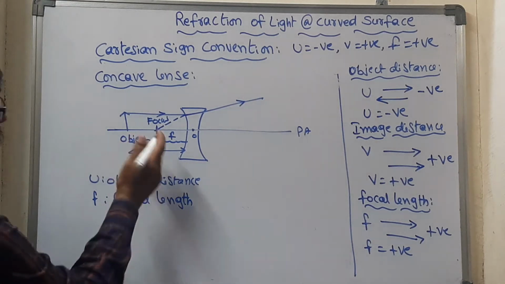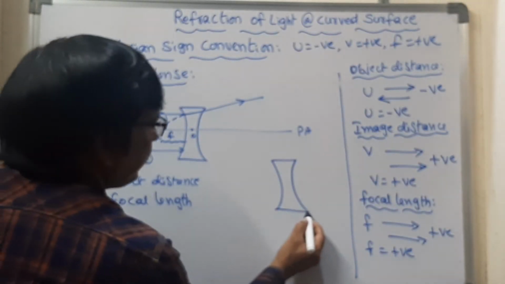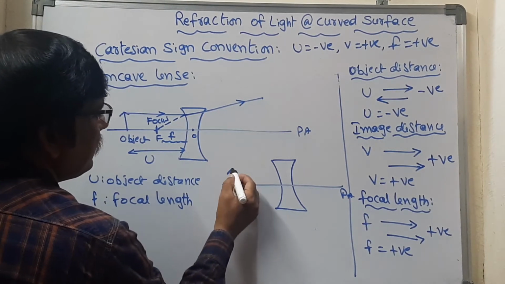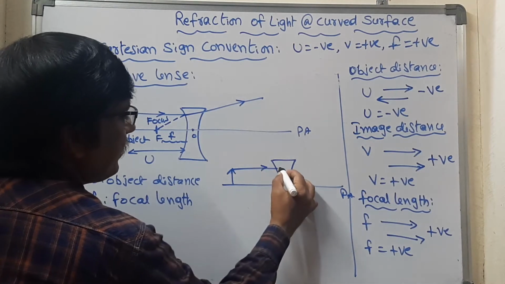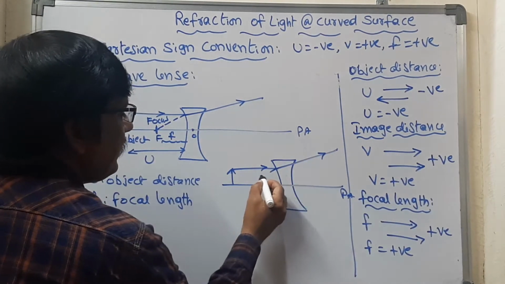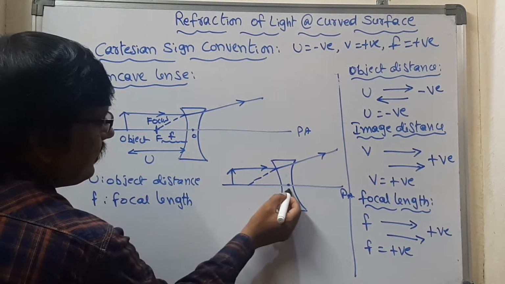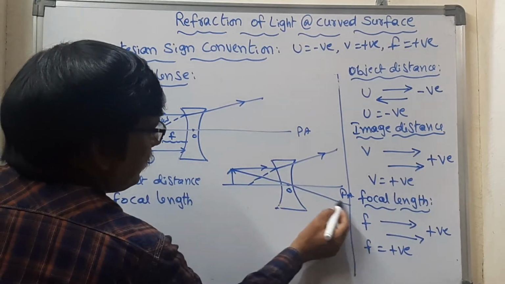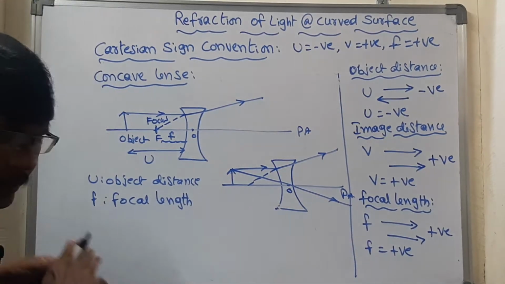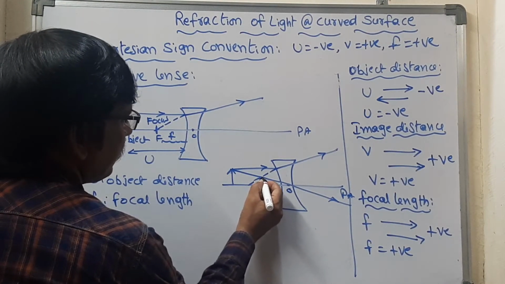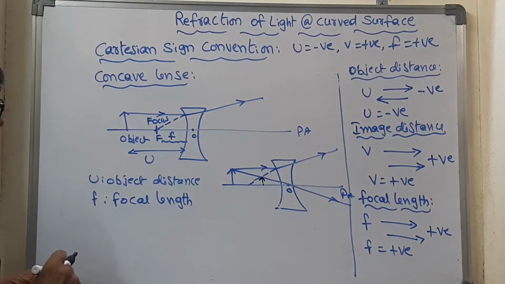Now one more ray let us take. Once I draw this one, there will be no confusion. Here we will take one ray and one lens. This is the principal axis and this is the object. The ray is traveling towards this side, and we will extend it backward from here. Then one ray passes undeviatedly through the optic center. Here we can see the image forms here. Okay, this is the image. Did you notice that?